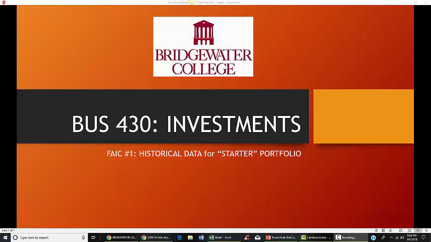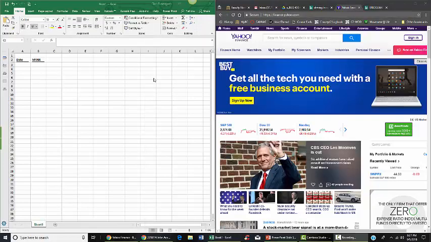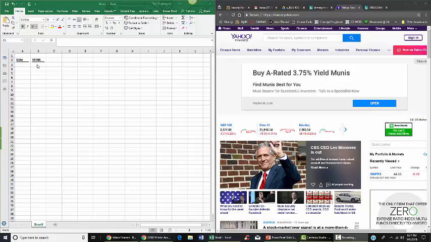How to capture and enter historical data for the 10 stocks in your starter portfolio. Here is the spreadsheet, and I've typed in a date and the ticker symbol VFINX for the Vanguard 500 index. Also, I have brought up on the right-hand side of the screen